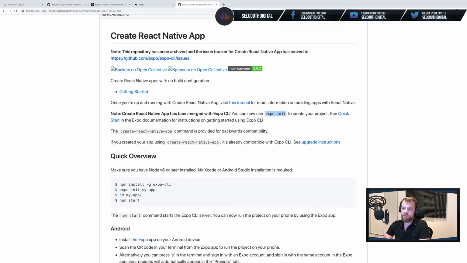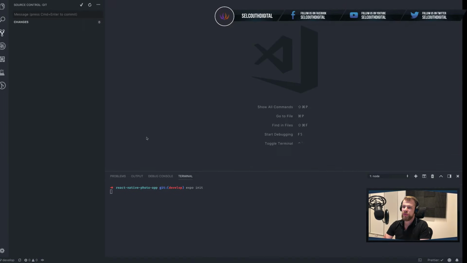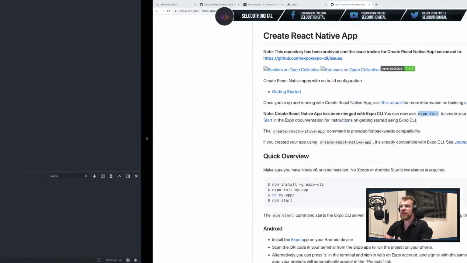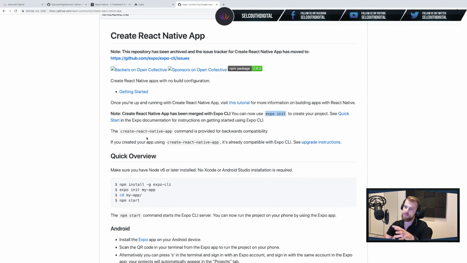So basically, it's a quick way to start a new app because you don't have to worry about installing separate things yourself. You just get this kind of package out of the box and everything is baked in. So you can initialize Expo and you can start focusing on your app, whilst Expo takes care of other things